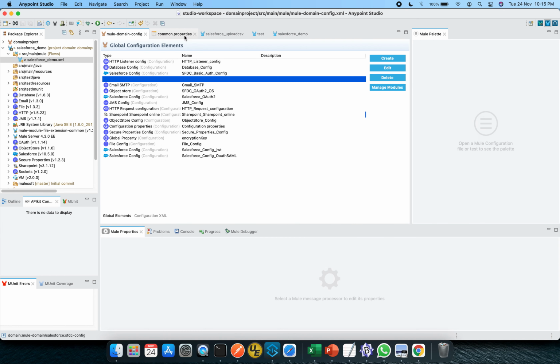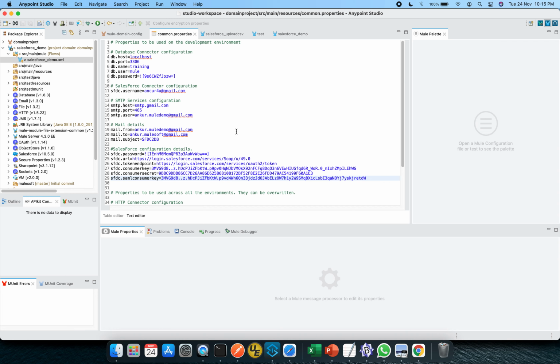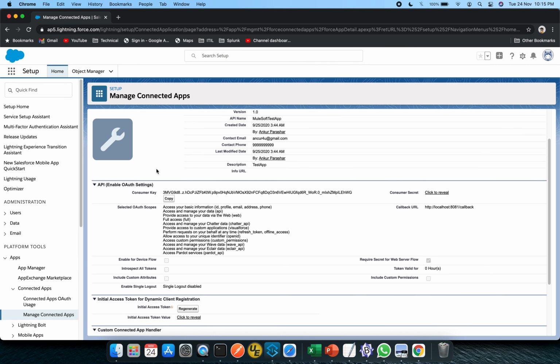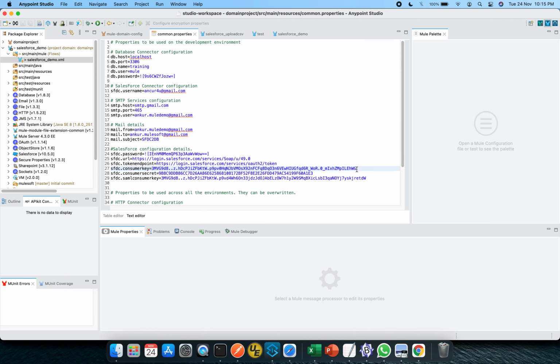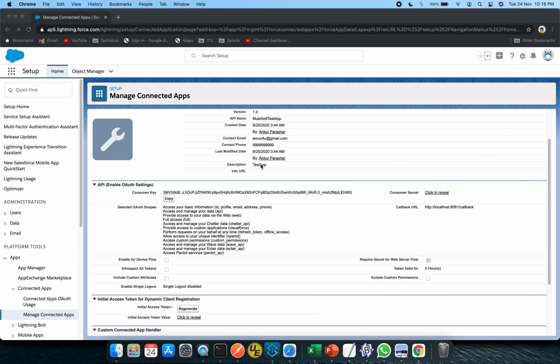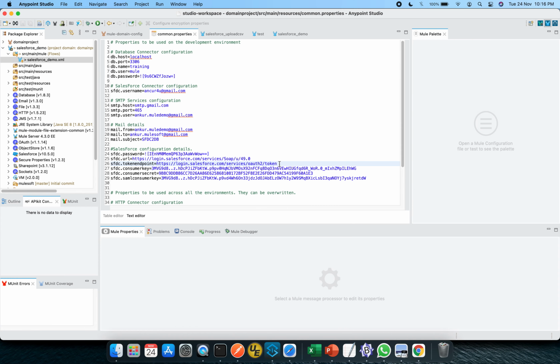I will go to the common properties, and this is the consumer key. The consumer key starts with 3MV and ends with WG, so this is the same thing. The secret is something specific, and the token endpoint, if you create a new one, this particular value will come up by default.